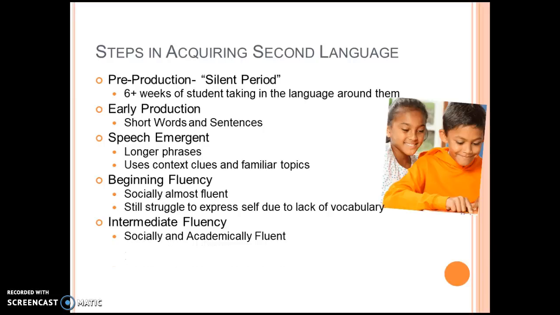Intermediate fluency, socially and academically fluent. So not only are they able to have a